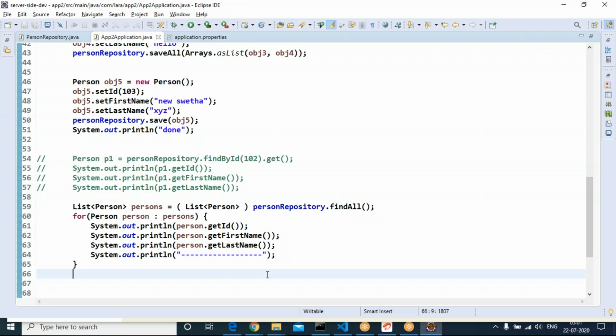For every table, we are creating one entity. For every entity, we are creating a repository. In the repository, the findAll method returns a list of persons. You can see personRepository.findAll. Iterate. Try to run.